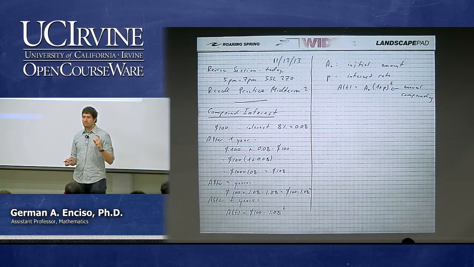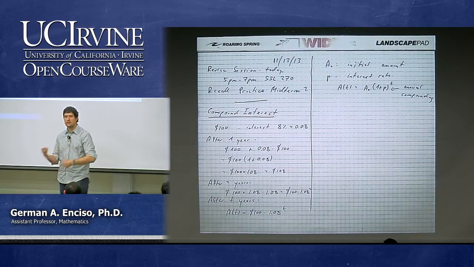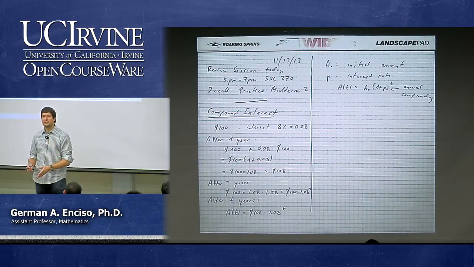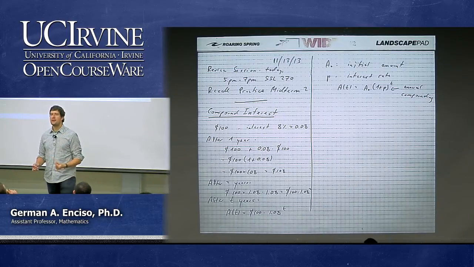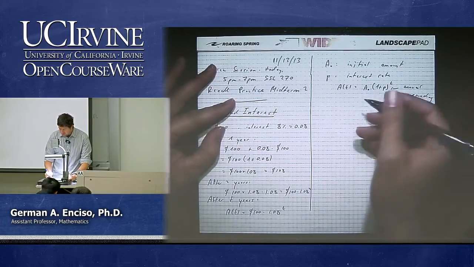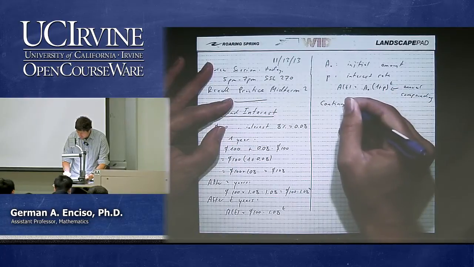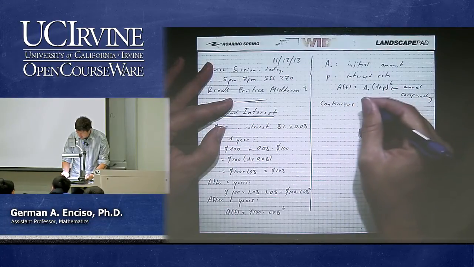So I don't want to dwell too long on this discussion because we don't have much time, but I will tell you the alternative to annual compounding, which is continuous compounding, okay? Which is a situation where you're earning money continuously, all the time. If you leave it there for 5 days, you'll make a little bit of money. If you leave it there for 10 months, then again, you make some money. So that is a more sophisticated way of compounding money. Continuous compounding